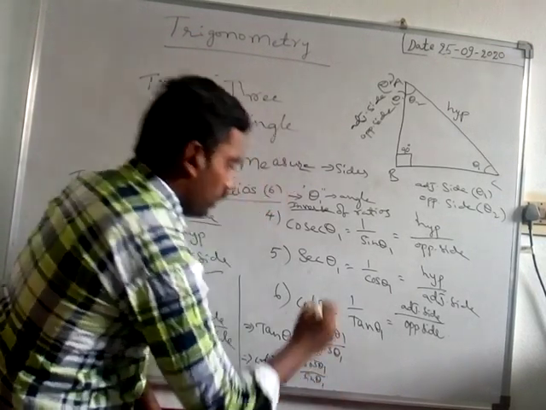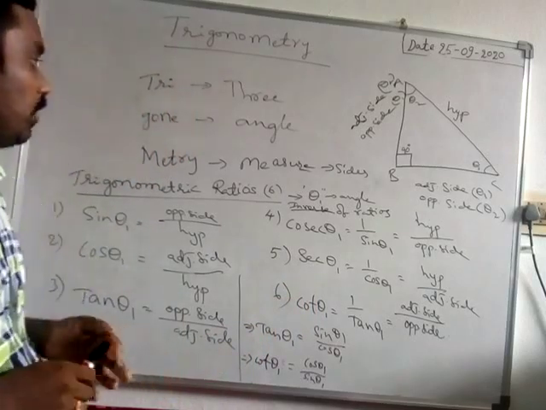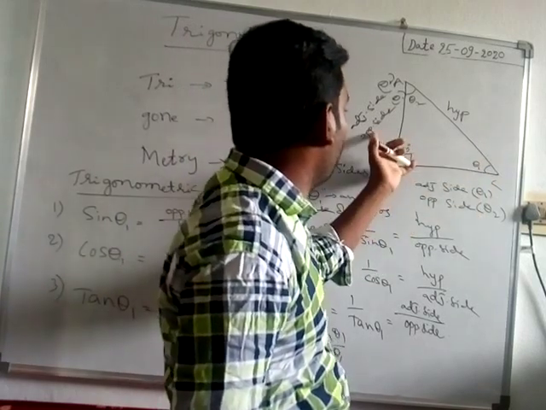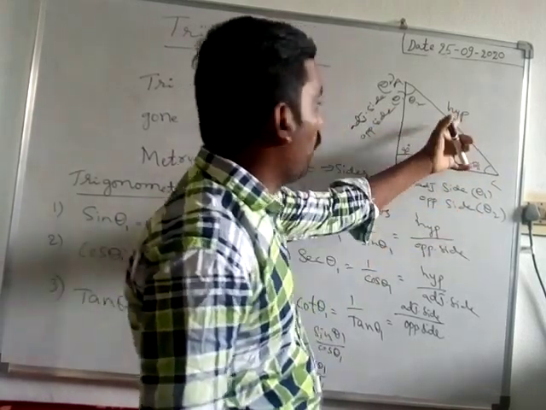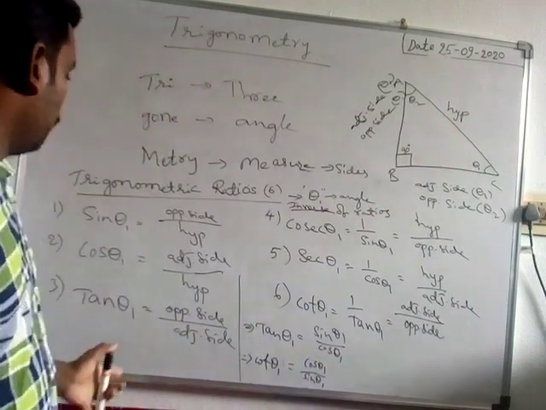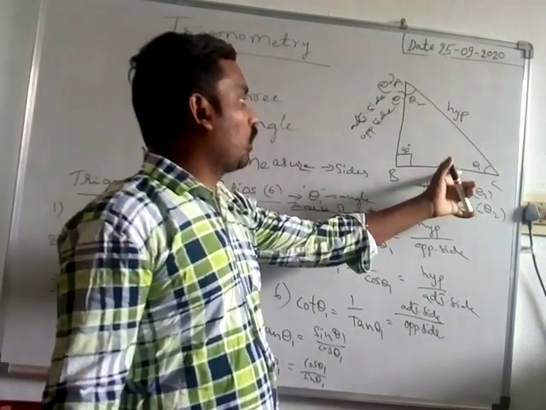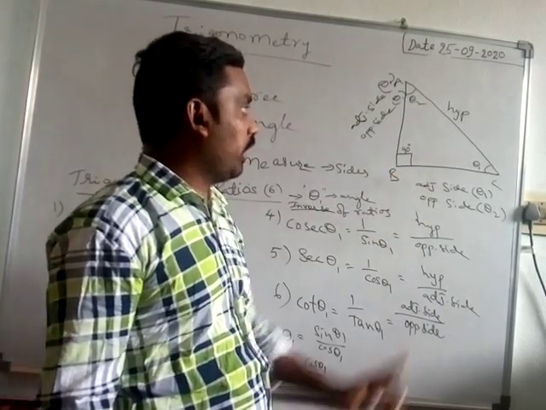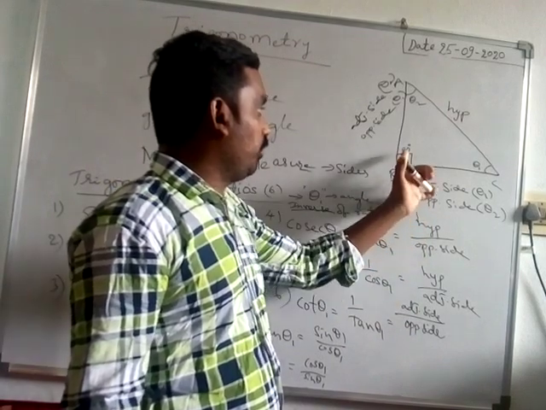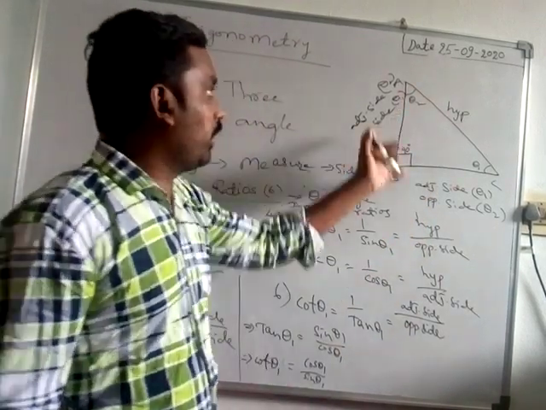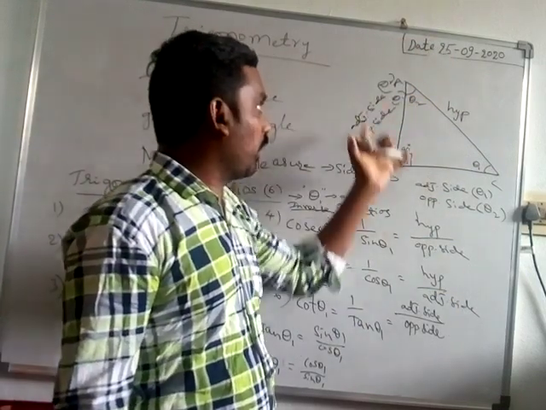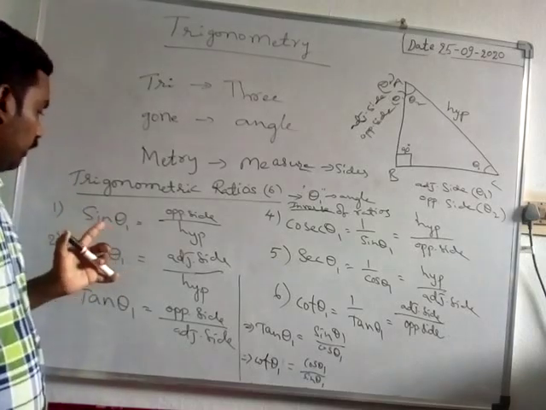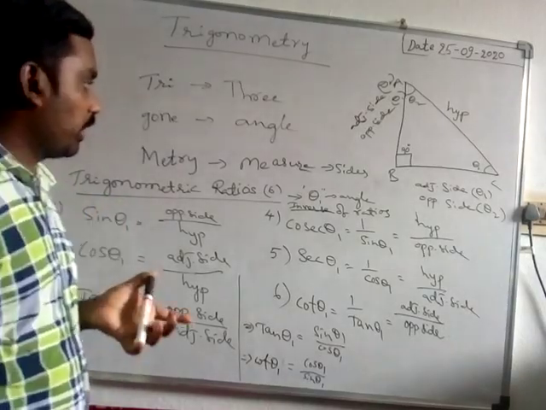These are the trigonometric ratios. We have 6 trigonometric ratios. We are finding them according to theta 1: this opposite side, this adjacent side. This is the hypotenuse, common for both. These theta 1 and theta 2 are acute angles. The angle at B is 90 degrees, so it is a right angle triangle. A right angle triangle should have one right angle. Okay, we have six trigonometric ratios.